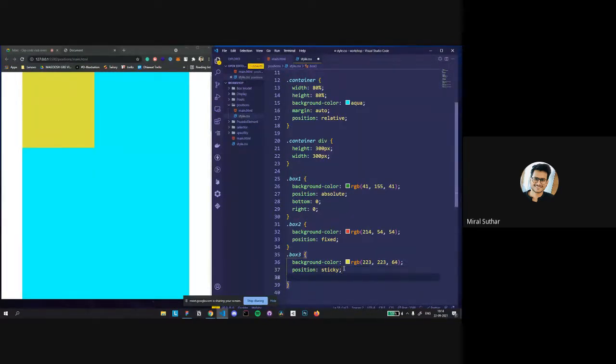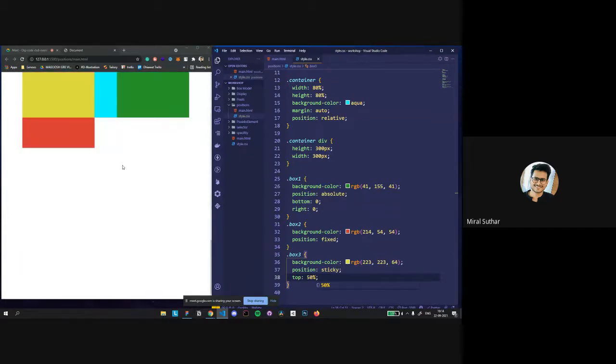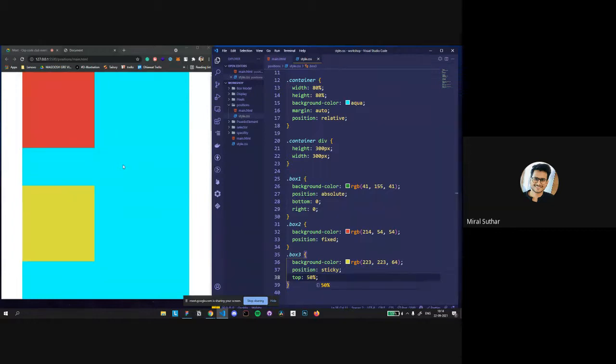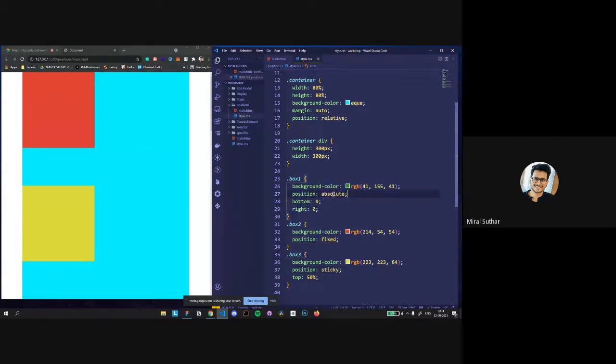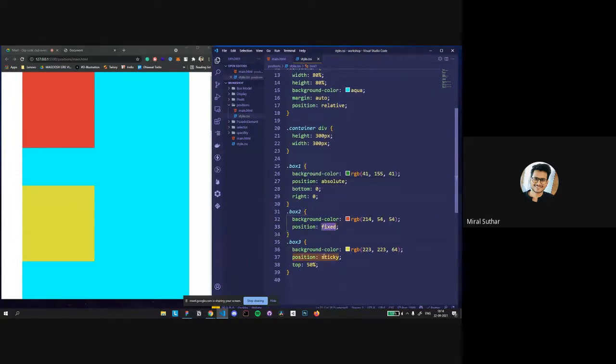If I give a top of 50%, it's going to stick over there. I'm scrolling down, and it just sticks over there. See, that's how position sticky works. You are going to mostly use absolute and relative, and sometimes fixed, but there's a rare condition where you're going to use sticky.